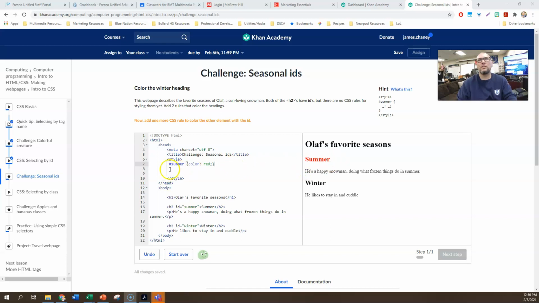And then if we want to do the winter heading, we can do again the hashtag, which is Shift 3. It's winter this time. I'm going to do my curly bracket. I'm going to do color, colon, and then let's do RGB. And if I do RGB, then I can do, oh, is it not going to come up with its editor? Oh, so I have to put in my own. So if I do like 0, 15, 32, and then my closed bracket,